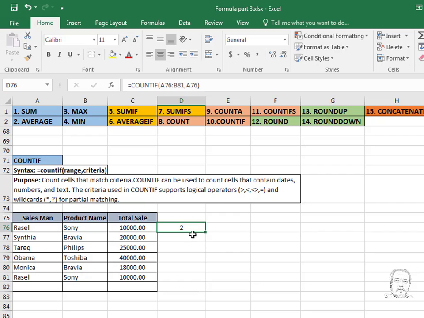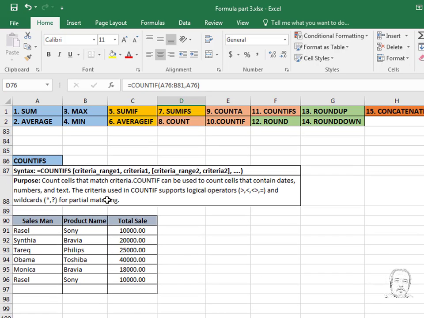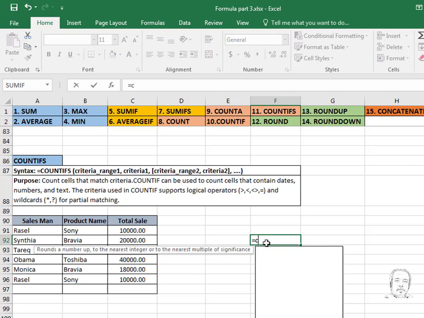This formula also supports logical operators and wildcards. Now let's go to see COUNTIFS. COUNTIFS also counts the cells based on criteria, but here we can use multiple criteria. We select a cell here and insert the formula equal sign COUNTIFS,